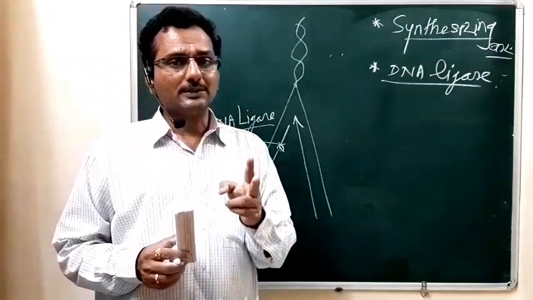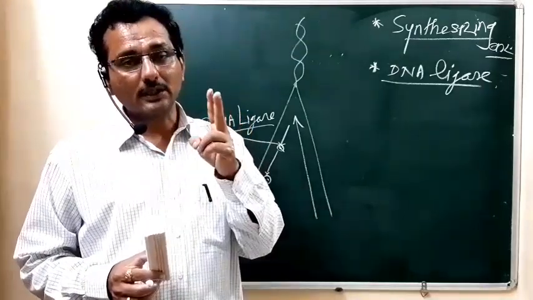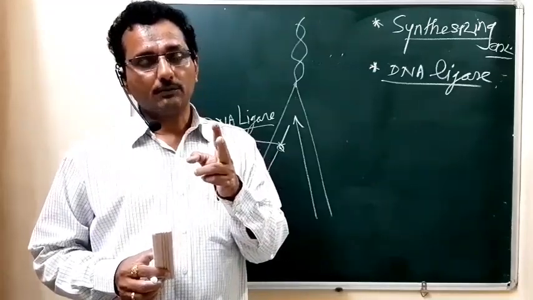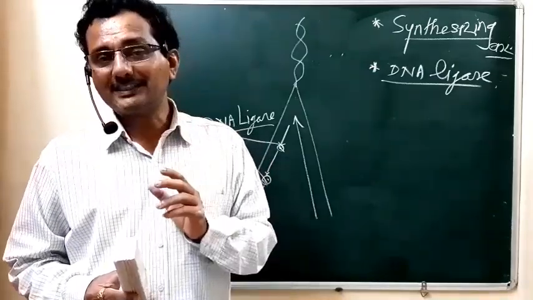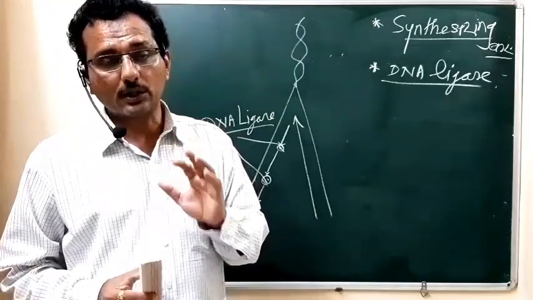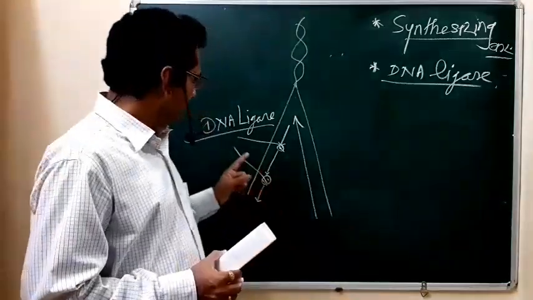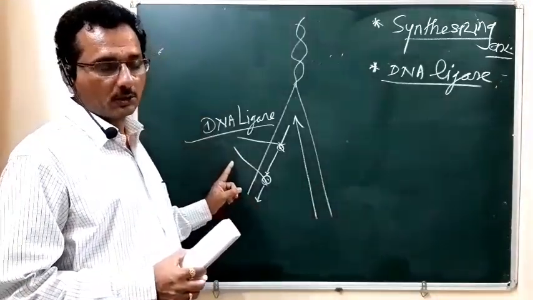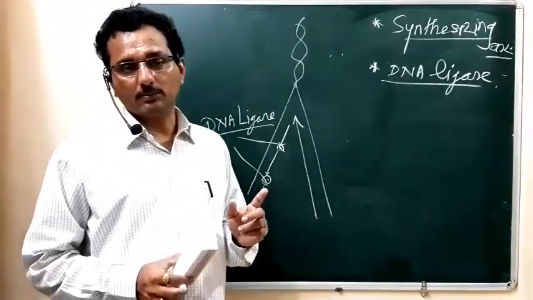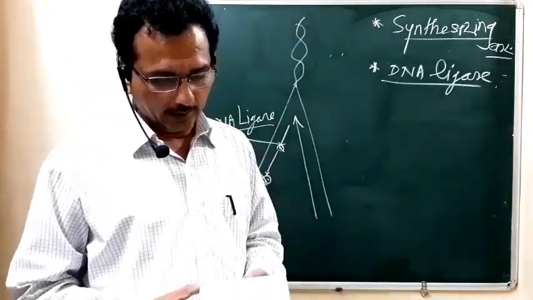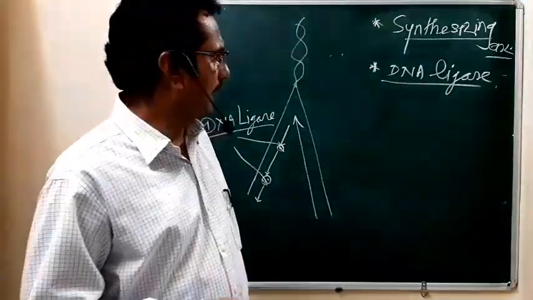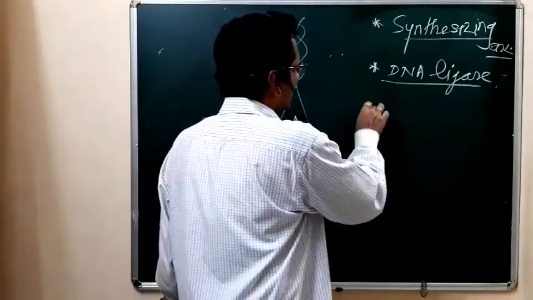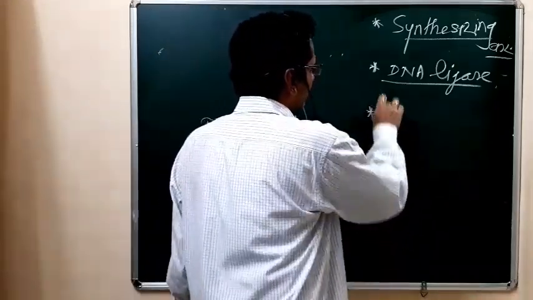Endonucleases are cleaving or cutting enzymes, so there we use the word molecular scissor. Here, the DNA ligase enzyme is called a molecular glue, because it joins the broken ends of the DNA. Then the last, the fifth category of enzyme, is the alkaline